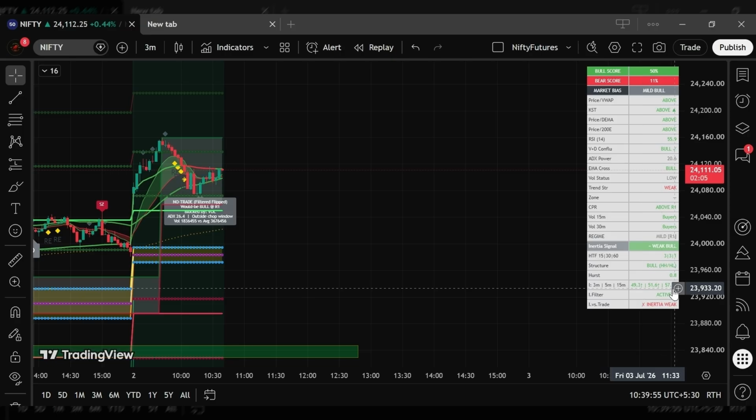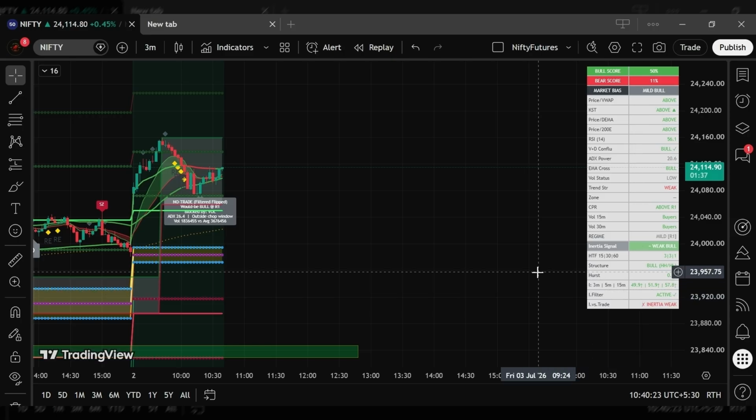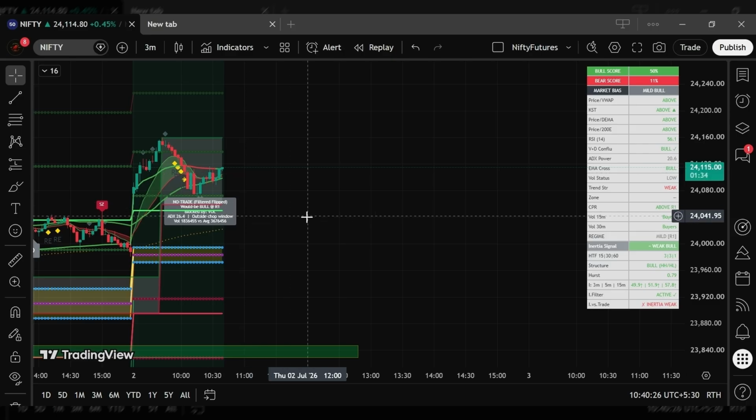The 5-minute time frame is showing me bullish 57, and the same goes for 15 minutes. But overall the inertia is weak because one of them might be falling. No, it is the 3 minutes, which is not above 50. I think the parameter set here is only above 50, which is considered positive inertia. So 3 minutes is still at 49.9, but still better. We could consider a trade here, but need to see the volume,